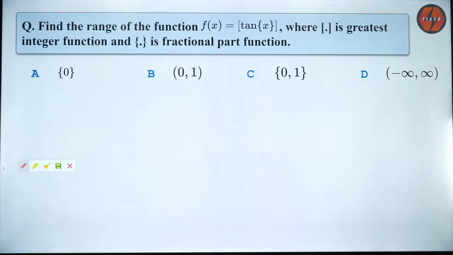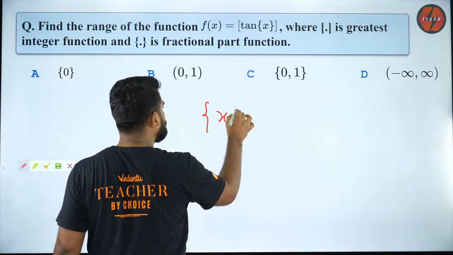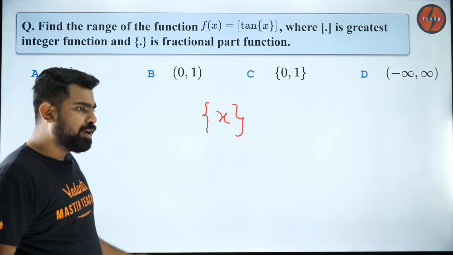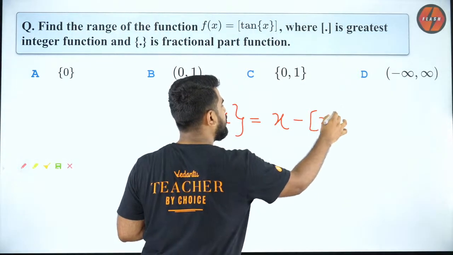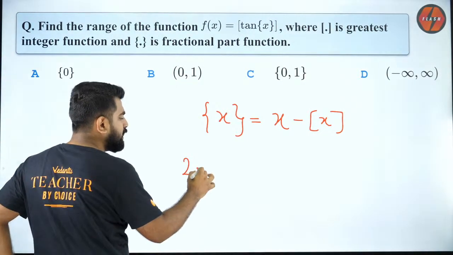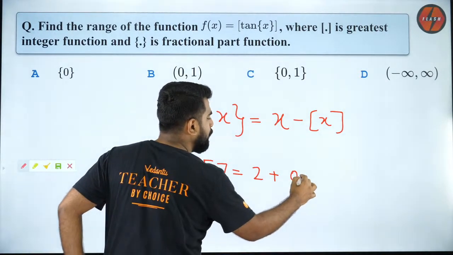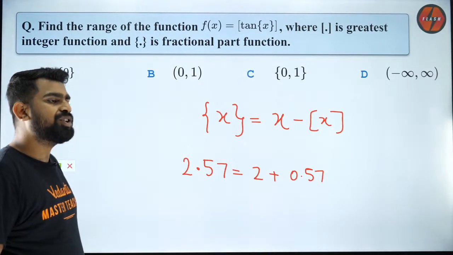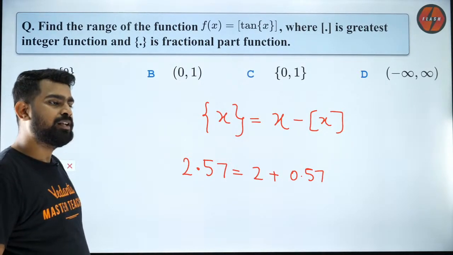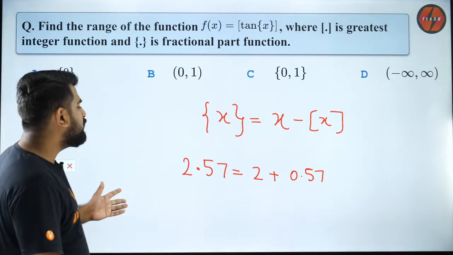Fractional part of x. Guys, how many of you know what is fractional part of x? You guys are not aware of it. Okay, that is surprising. Because if you are in 11th standard, you should know what is fractional part of x. So fractional part of x is nothing but any number minus its integer part. For example, if I say there is a number 2.57, 2 is called the integer part and 0.57 is called the fractional part. Okay, so most of you are aware of it. Very good, Prajwal. Brilliant job, guys.